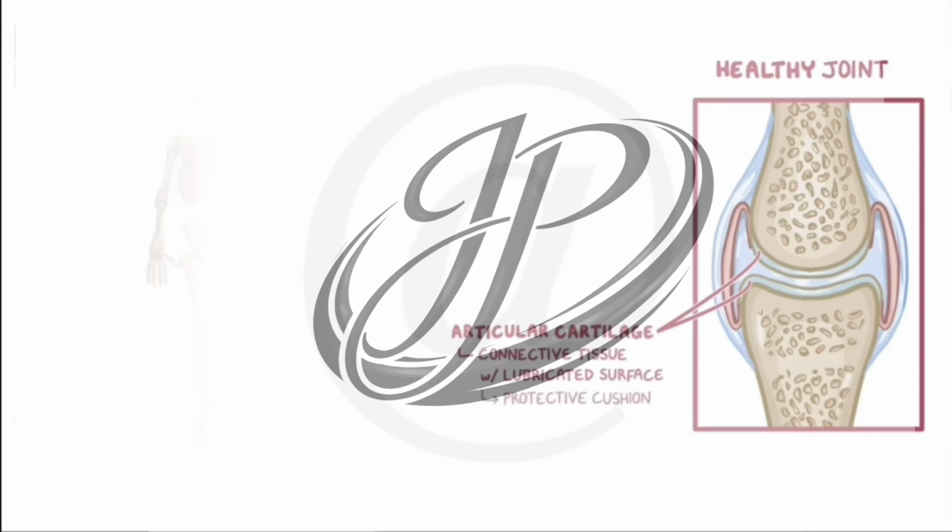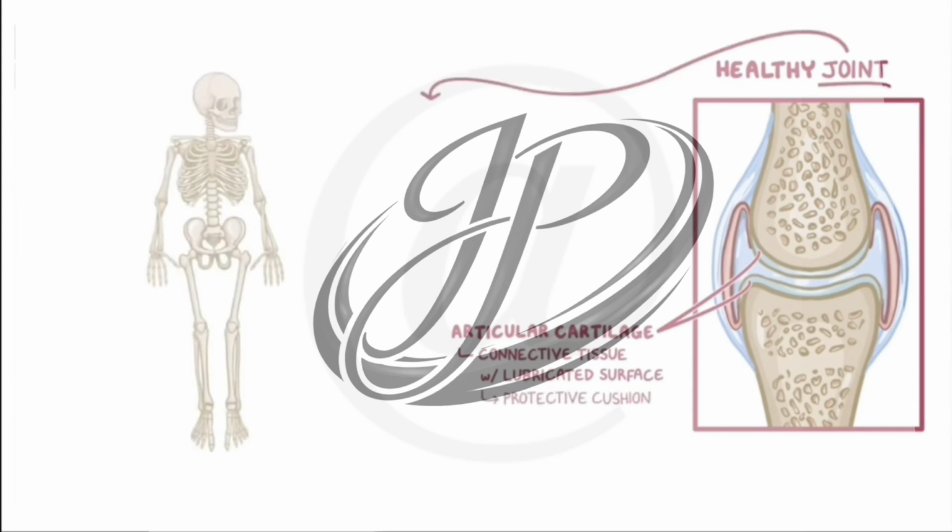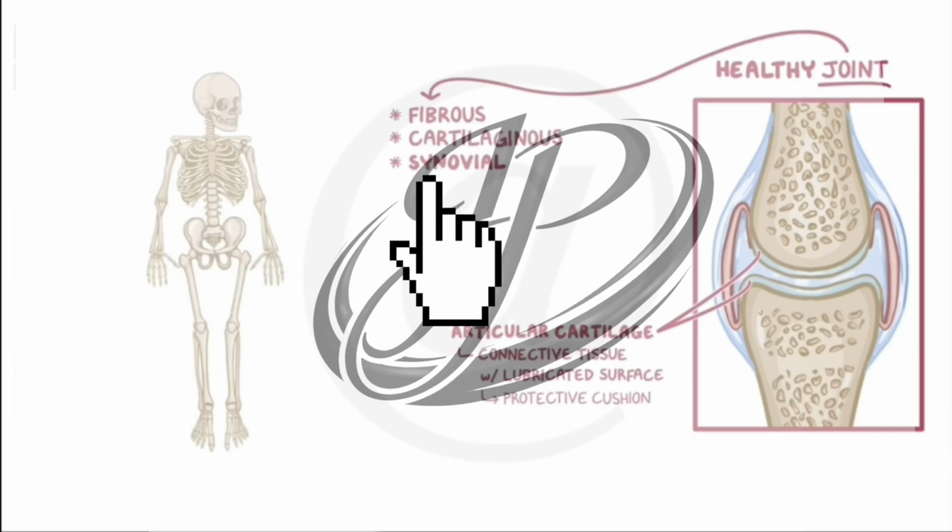Now when we talk about joints, well, you've got three types of joints. You've got joints that are fixed, which are fibrous joints, that allow some degree of movement, which are termed cartilaginous joints, and those that are very freely movable, which show a higher degree of movement, which we call synovial joints, right?